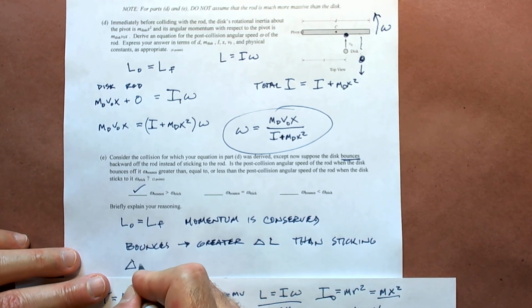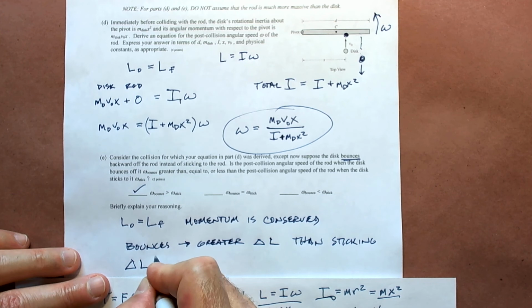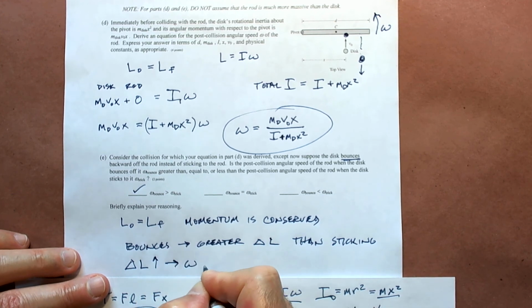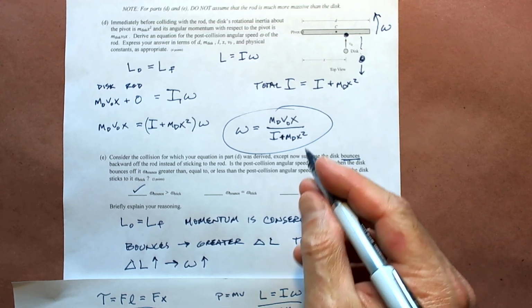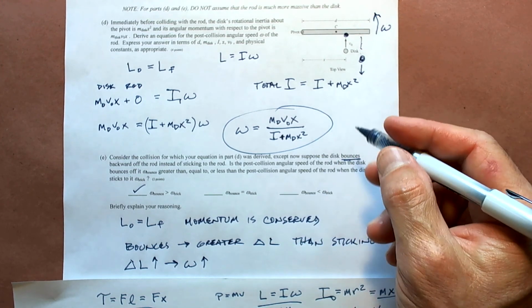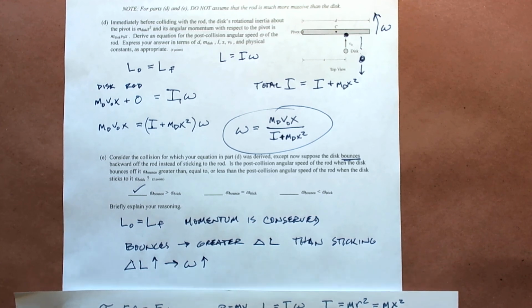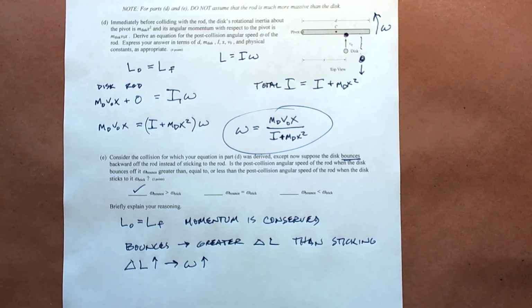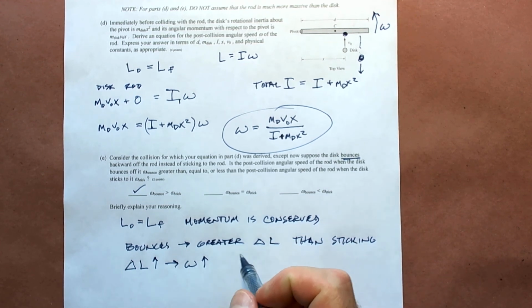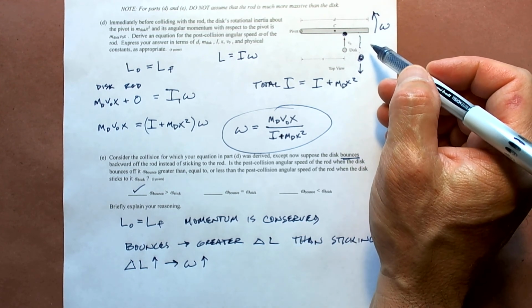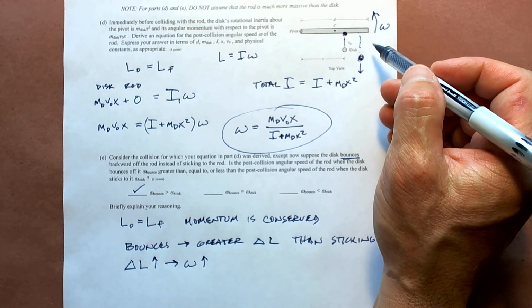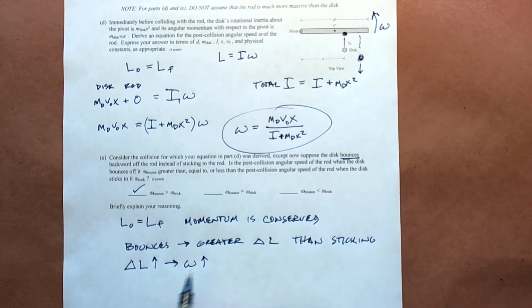If the change in momentum is greater, that means the omega is going to be greater. You could also talk about direction, because it bounces back and it causes a clockwise and counterclockwise torque, but that's going to be a little harder to describe. You're going to have a hard time using torque because you're going to have to talk about the change in angular velocity, and that's hard to get at without angular acceleration. So the easiest way to do it is with momentum.